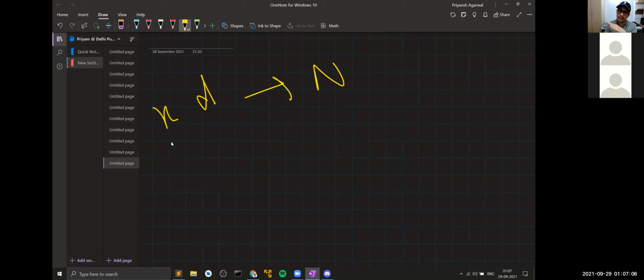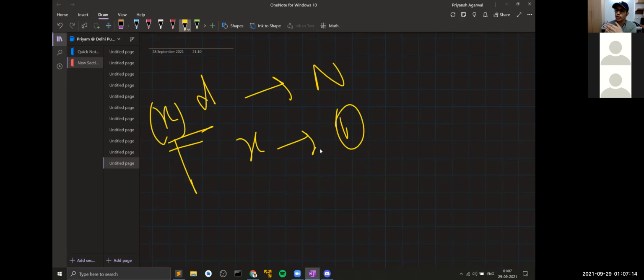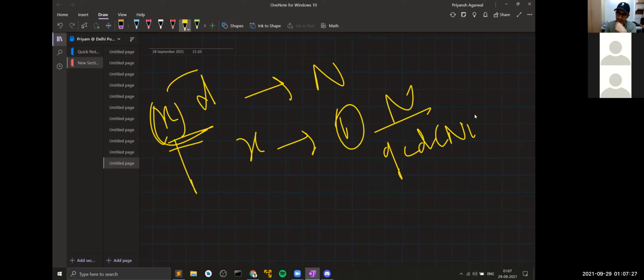So what you want is to multiply this x by, let's say x equals 1 right now, first of all. What would you want to multiply x with in order for this overall quantity to be a multiple of n? You would multiply n divided by GCD of n comma d. Why? Because of what will happen here.